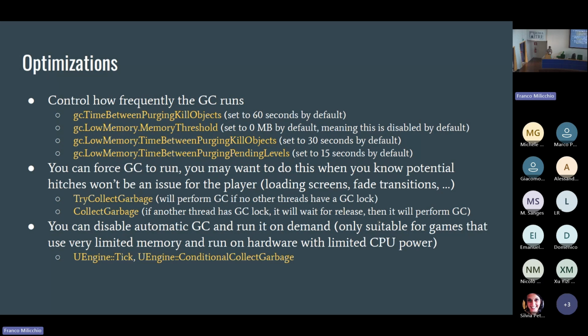There is no way to do that out of the box, but you can go to UEngine and just comment out the ConditionalCollectGarbage call. Again, I don't recommend doing that.